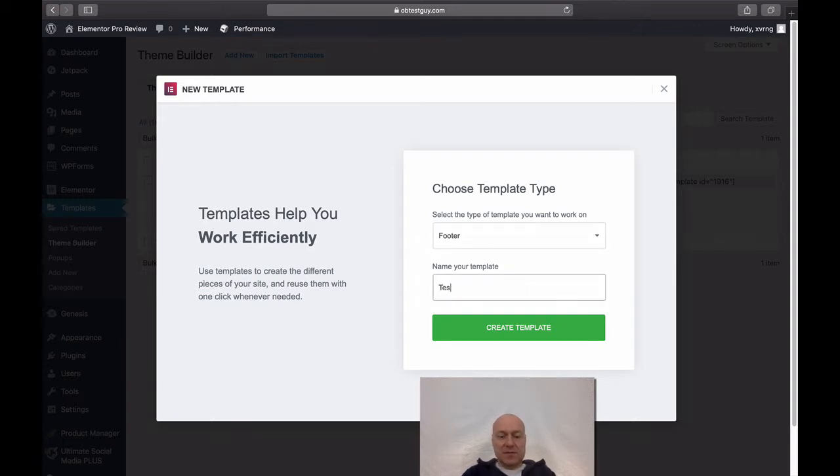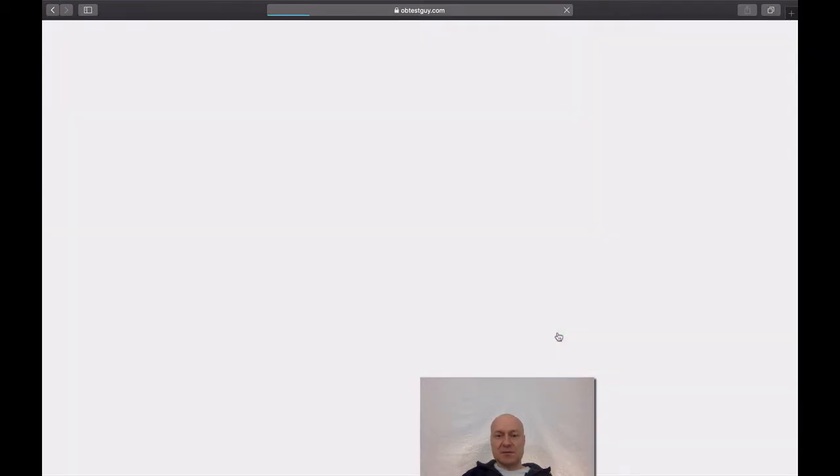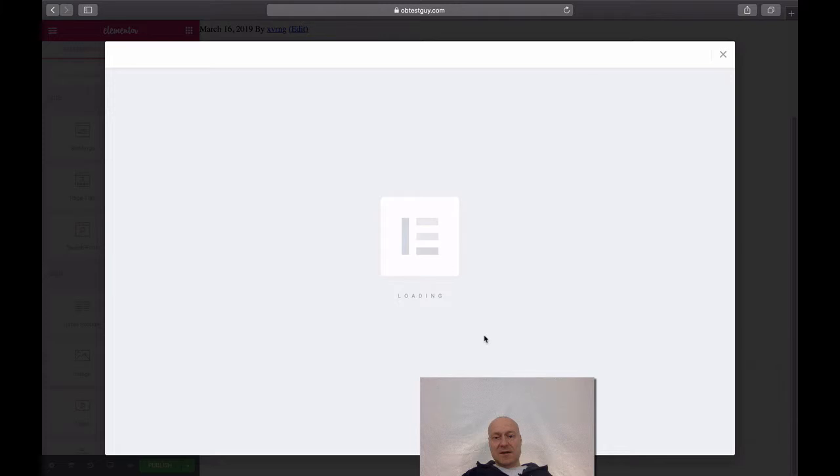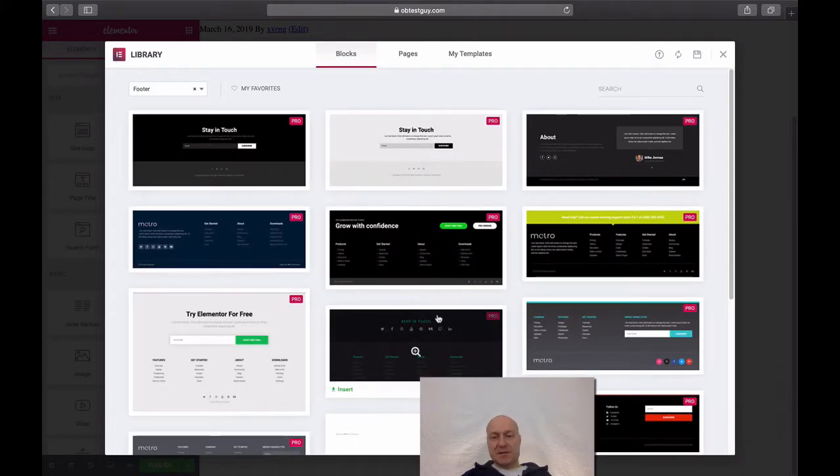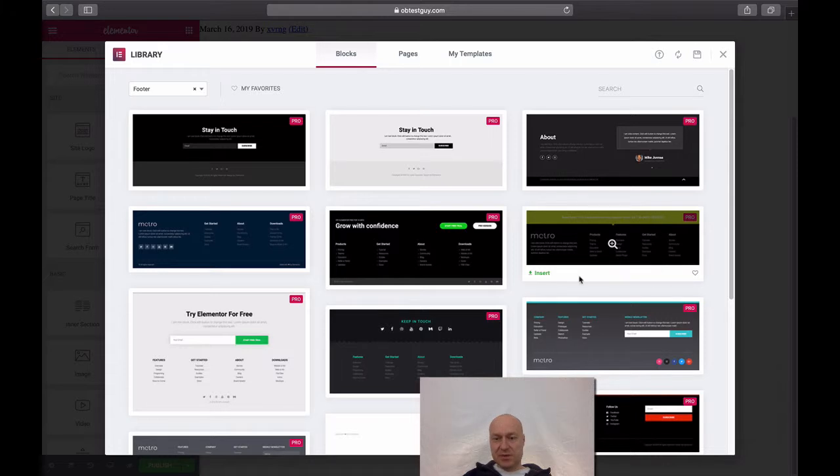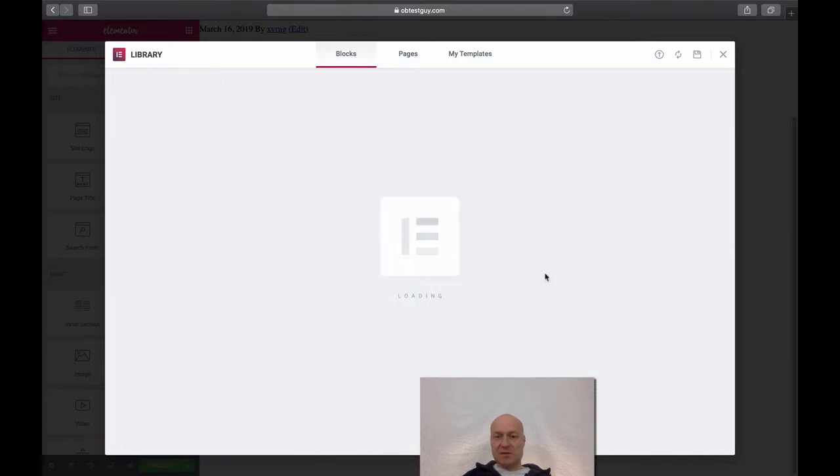Let's give this footer a name, test footer, and let me click create template. Once again, I get to choose from the predefined footer templates, so I will, for instance, pick this particular one and click insert,